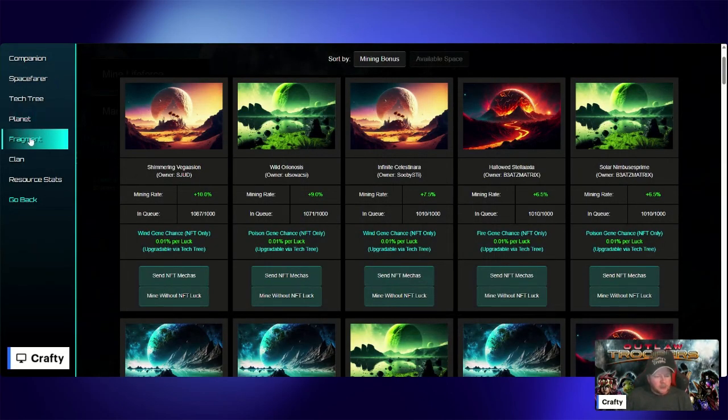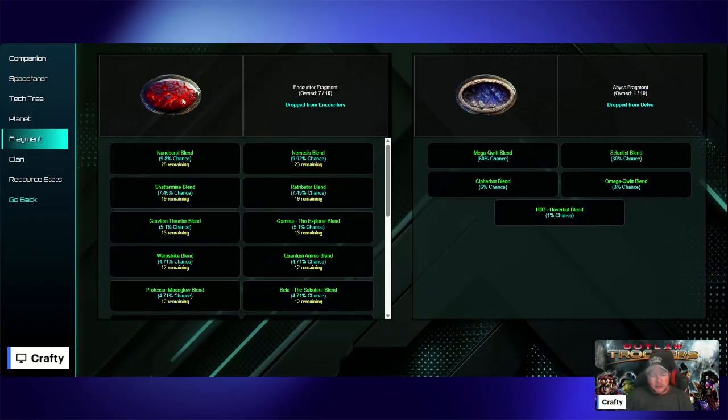Not really sure. What am I talking about? This encounter fragment. Make sure it's still sharing as I map over here. This gets dropped in the encounters, and this gets dropped when you're delving. And really, you can find this when you're delving, so it's pretty distinctive. When you see that, go get it, because once you get 10,